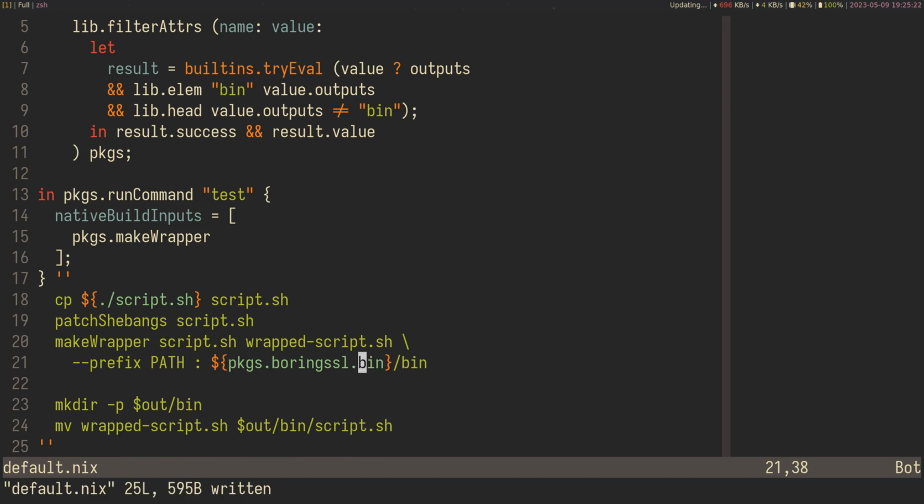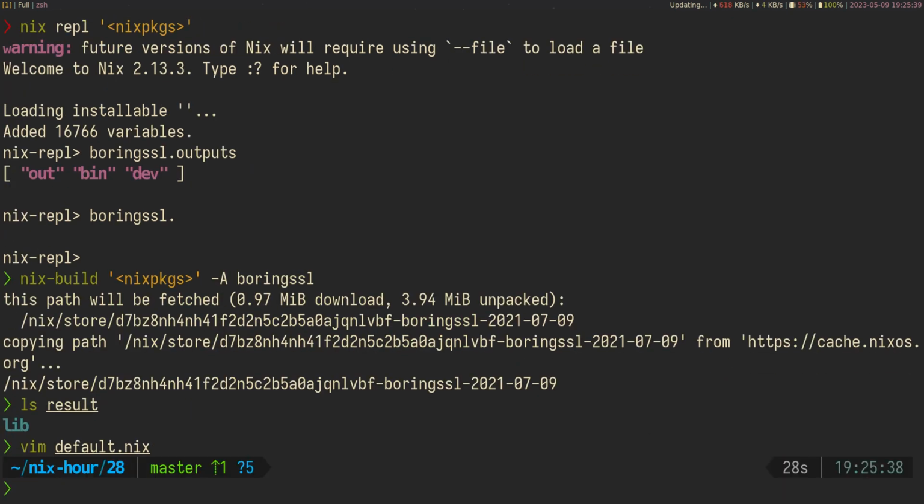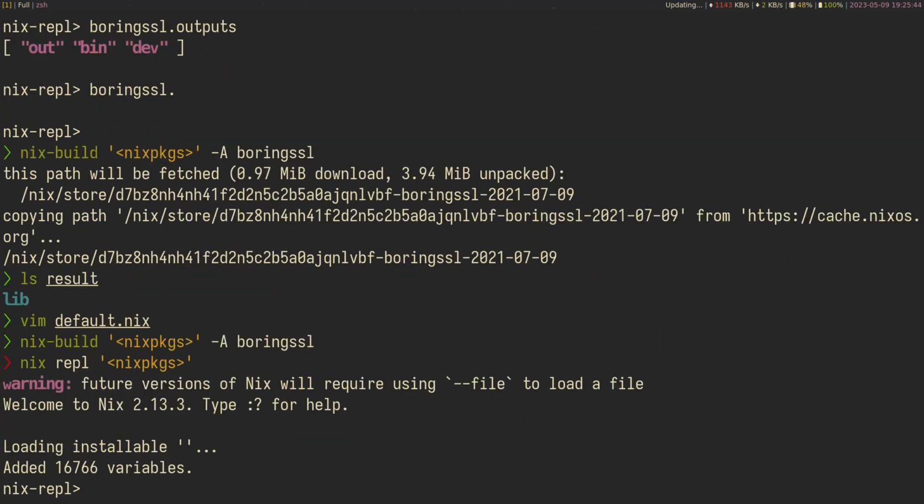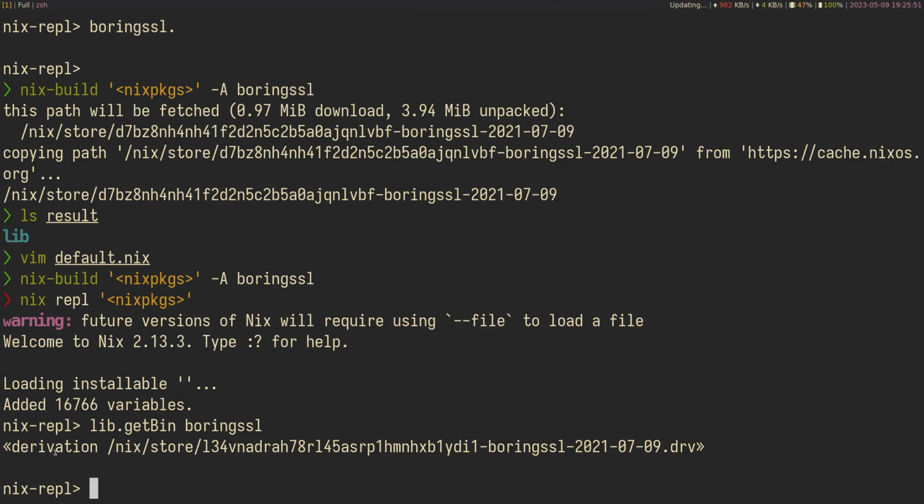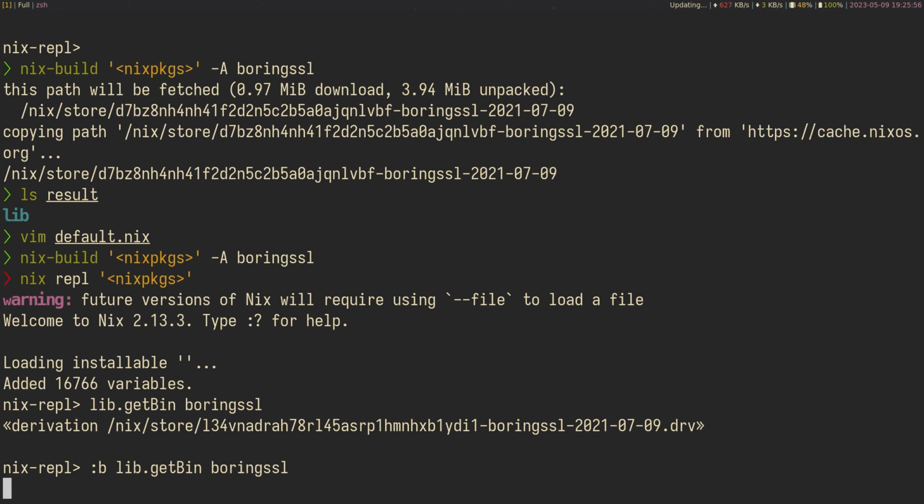We could add this manually here, but bin doesn't always exist for all of these derivations. We'd have to check all of these. And so the way to get around this is to use lib.getBin. lib.getBin will always select the right output. If we try this out in the REPL, lib.getBin of BoringSSL, it doesn't show the output here, but I guess if we build it,